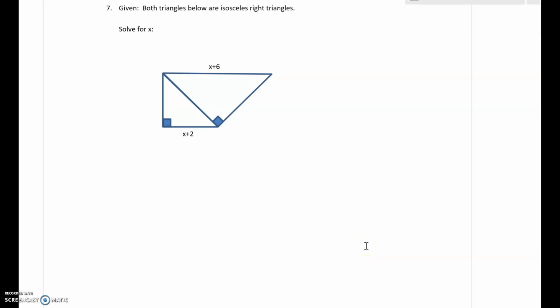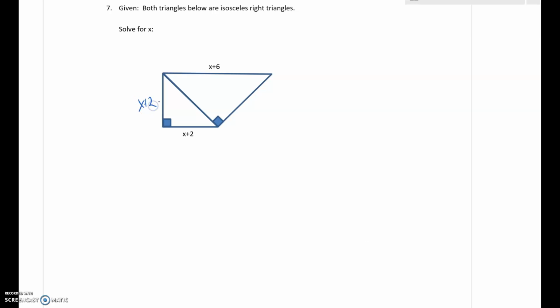All right, so we are going ahead and working through this question here. The reason this one's a little bit challenging is that we have two isosceles right triangles, but they are connected to each other. So on the surface, it doesn't seem like there's enough information. But since they're both right isosceles, if the bottom side length is x plus 2, that means that this is